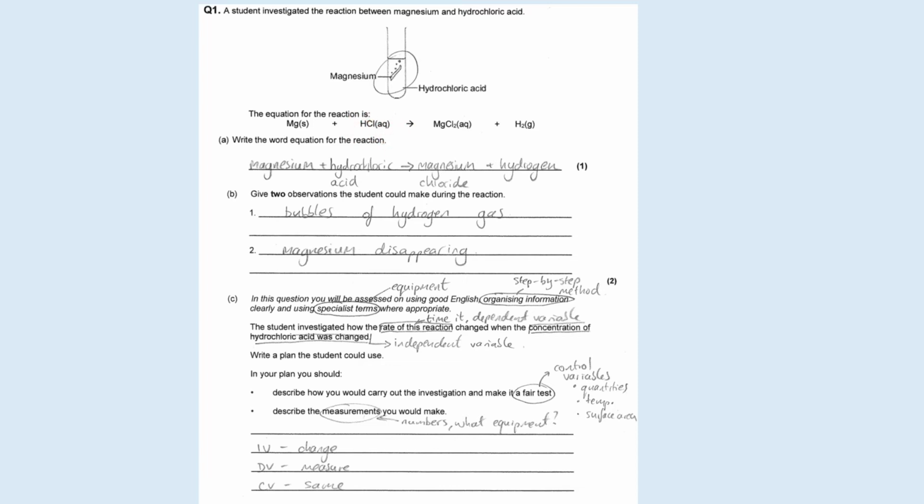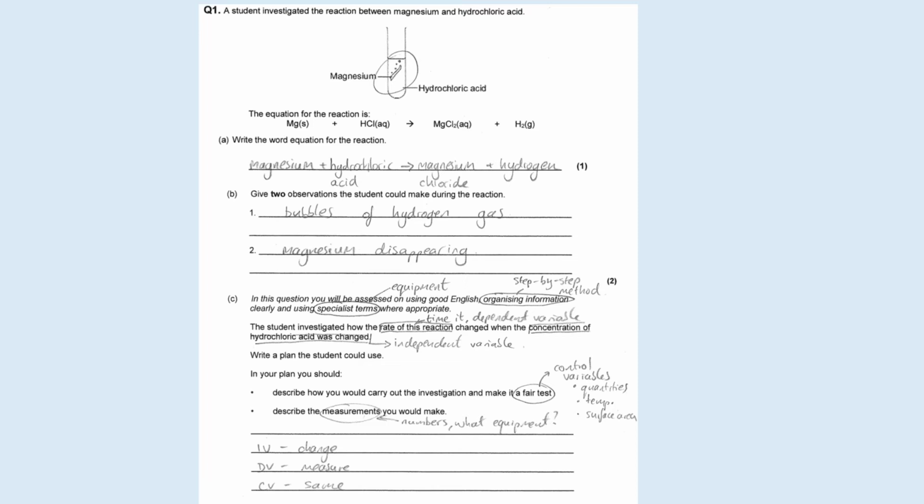Other factors, of course, well, the temperature of this whole system, because clearly if it gets warm, then it will increase the rate. So keeping the temperature the same, it's also pretty sensible. So those will be pretty useful things to write down here for your control variables. Then essentially in terms of the actual method itself,